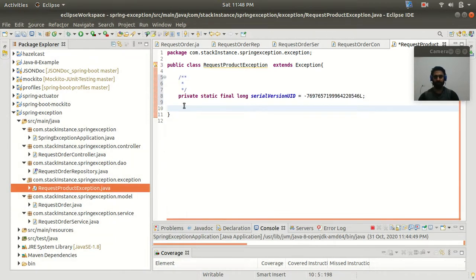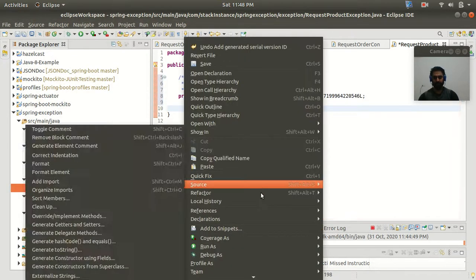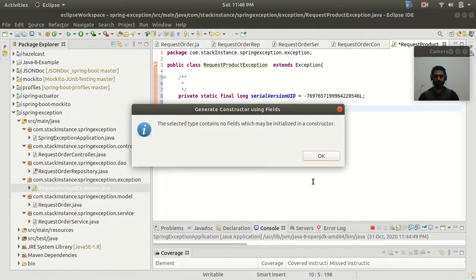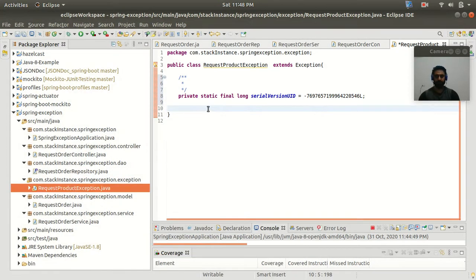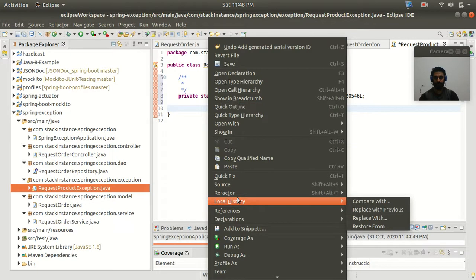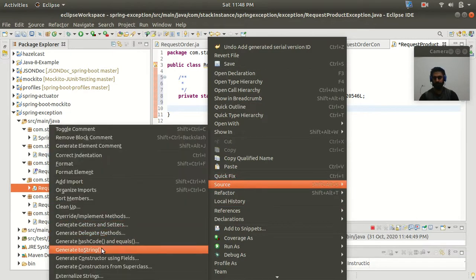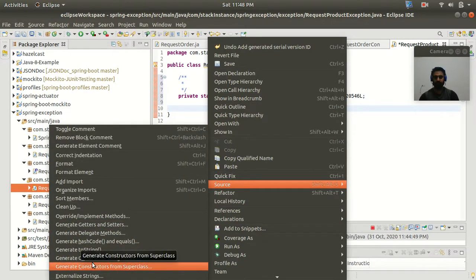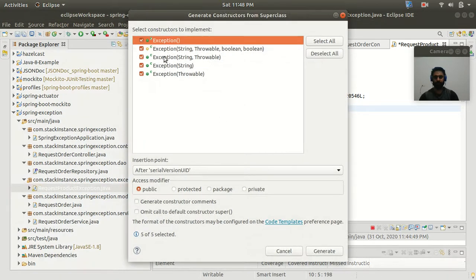Now I am going to create one parametric constructor, so let's generate a constructor from the superclass.